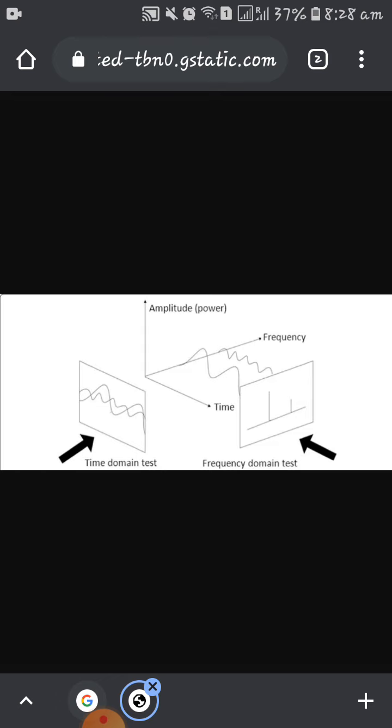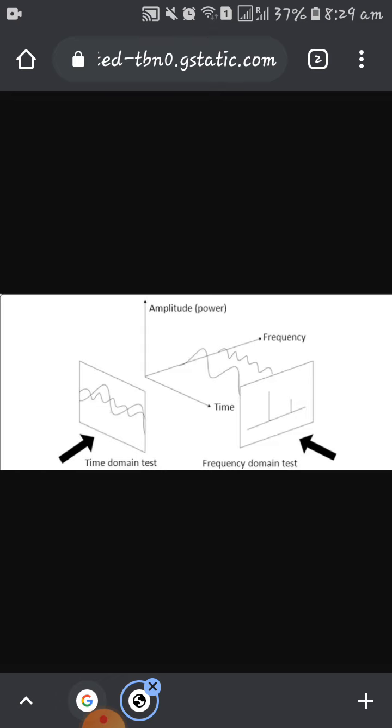At 10 o'clock what is the temperature, at 11 o'clock what is the temperature, and at 12 o'clock what is the temperature. If you are taking temperature at certain points of time, then it is discrete time, right? At particular intervals you are getting the temperature value. If you are monitoring the temperature throughout the day, from 10 a.m. to 10 p.m., then it is a continuous time signal. So if you are looking at the signal with respect to time, then it is the time domain.